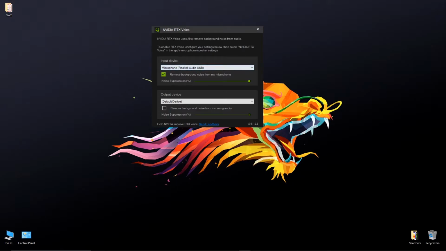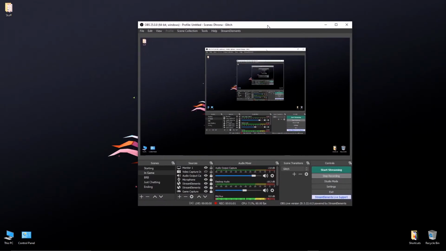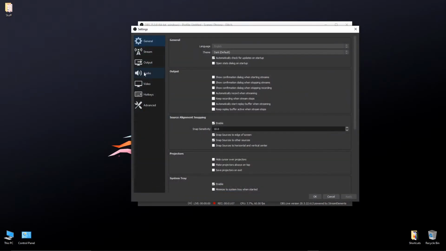Once you enable this, there is another step which you need to do. This depends on the software which you are using. If you are using Zoom or Streamlabs OBS or OBS Studio or whatever, there will be a common option present in all these softwares. You need to go to the settings of this software, and there will be an option called audio or something similar.